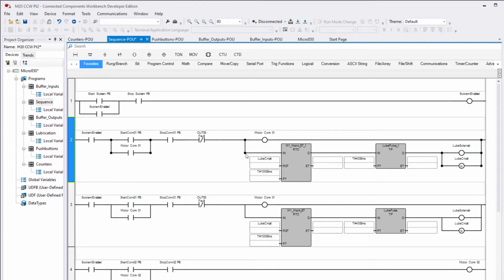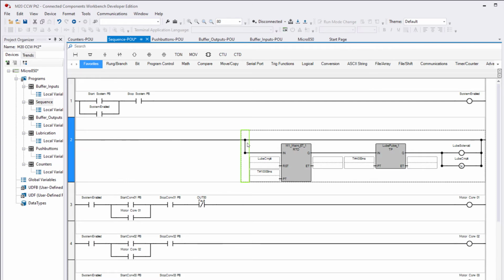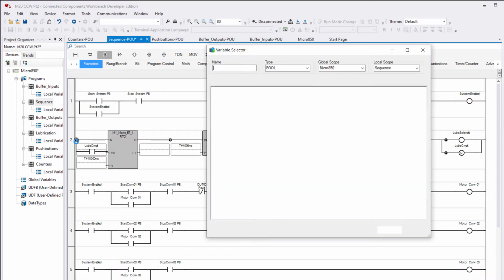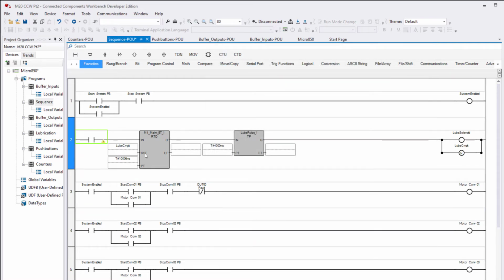So on this one, actually we'll do this one. We deleted that logic. Then up here we're going to delete the motor conveyor and we're going to delete all of this logic. And what that leaves us, we need to add in an instruction that looks at motor conveyor 1,